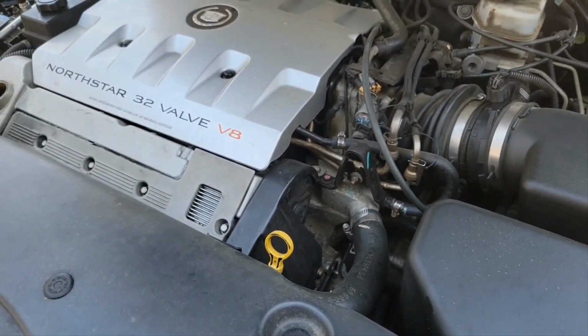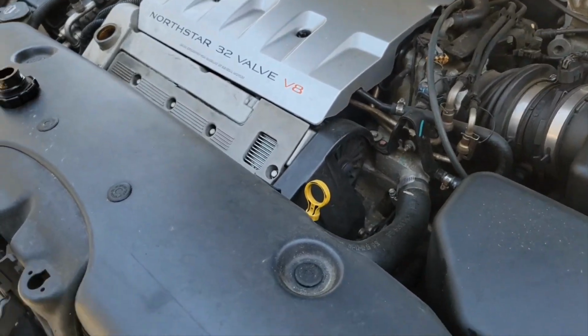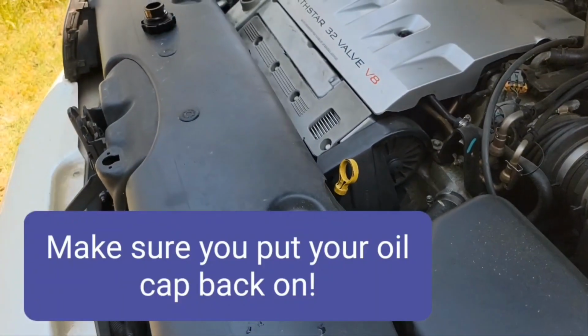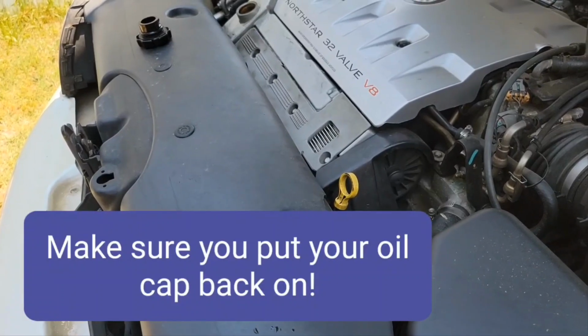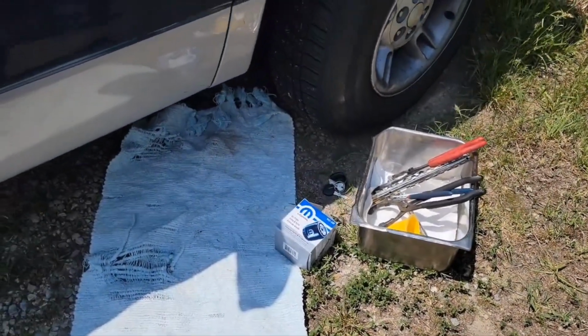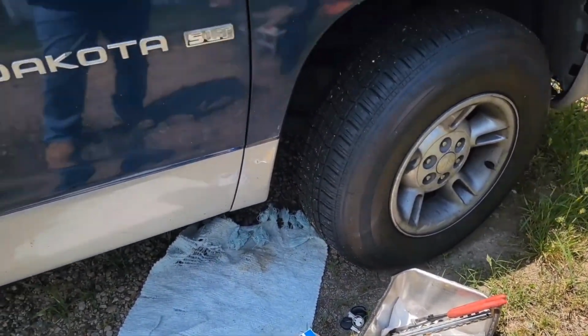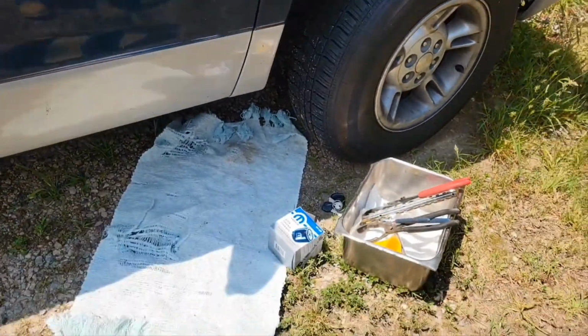I'm not quite level on the ground here, so I don't want to chance overfilling it. So next time I'm on a level surface, I'll check it. Okay, I decided to do my 2000 Dodge Dakota, and I think this takes about 4 quarts